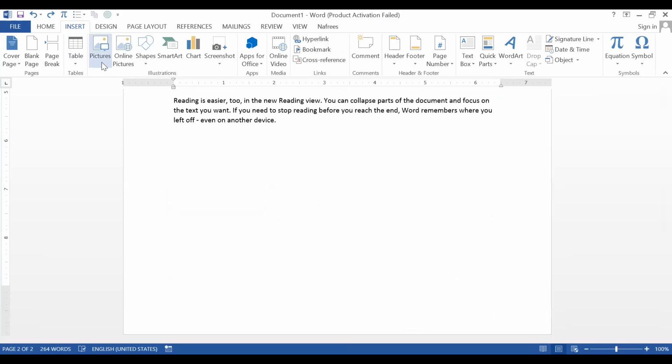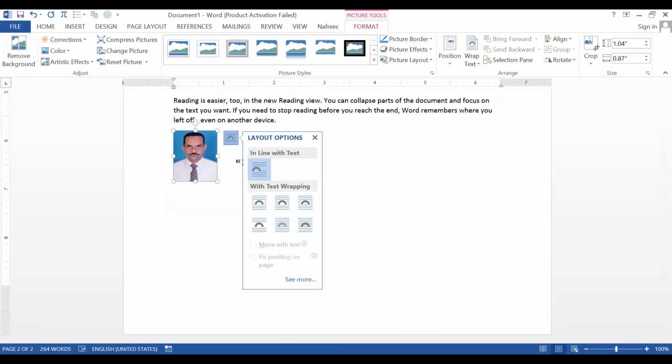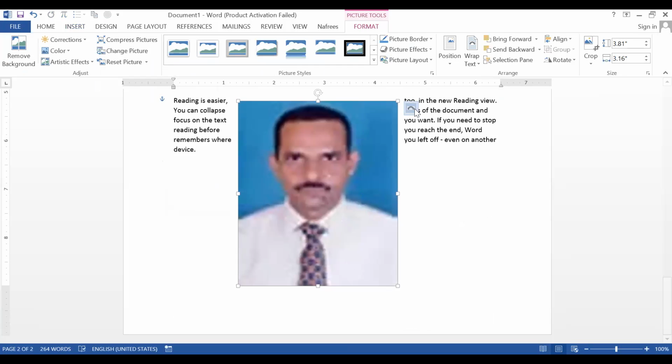Before that, I'm going to insert a picture. Let's check. Okay, look at this photo. From this photo, I want to remove the background. Only the background of this photo, okay? So I want to remove the background. Now, can anyone tell me how can I do that? What are the steps to do that? Quickly tell me, only 30 seconds. Quickly tell me what are the steps to remove the background.